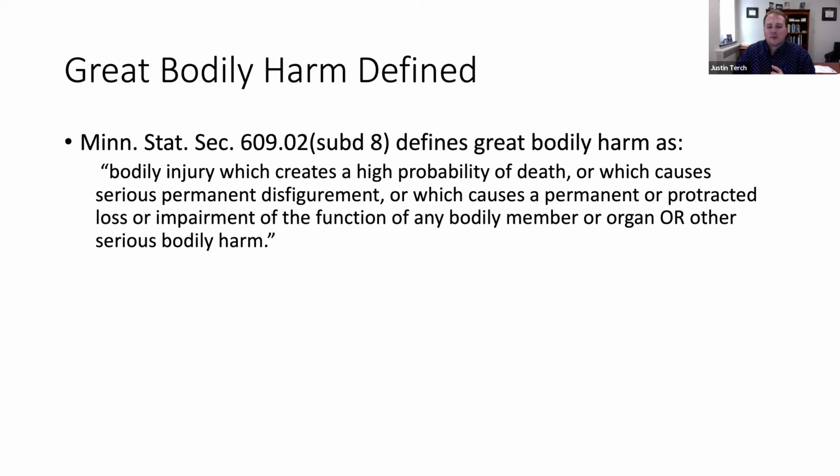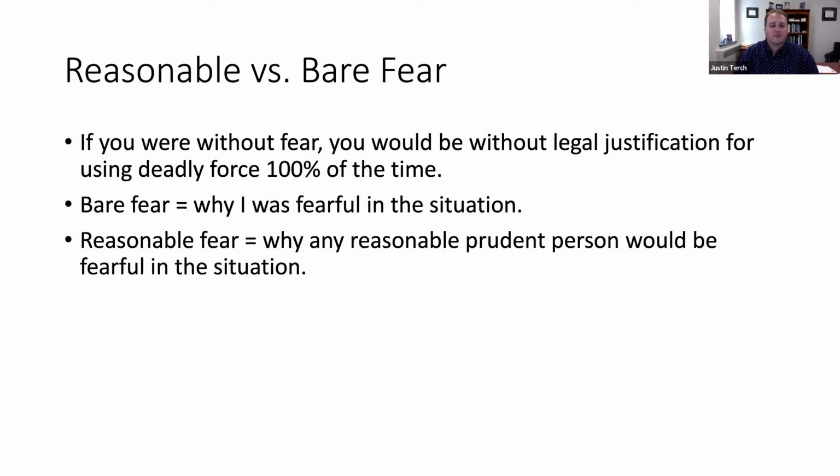A serious permanent disfigurement, losing an eye, for example, would be one example I could think of right now. Losing the ability to think because you have a traumatic brain injury would be an example, because you took a baseball bat or 2x4 to the face and had a major concussion. These are the types of things we're talking about here.